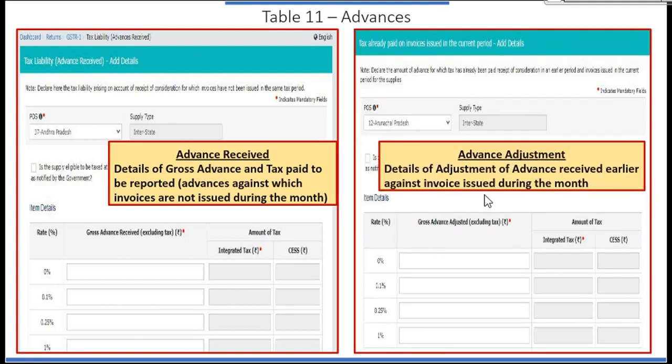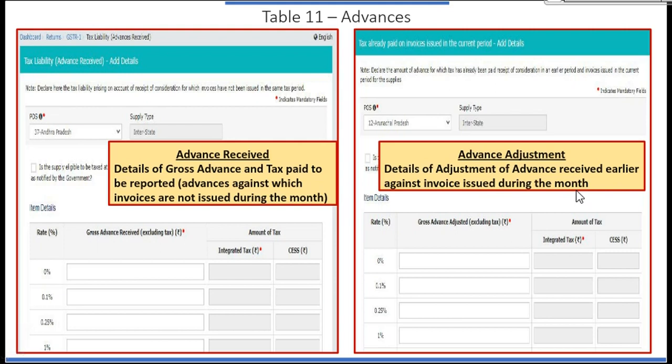Second is adjustment. Once I receive the advance and I issue an invoice to the customer, the customer will not pay me now. GST on the advance I already paid. So on issue of invoice, I'll adjust that advance. For example, I received an advance of 1 lakh rupees at 18%, so 18,000 rupees tax I paid to the government.